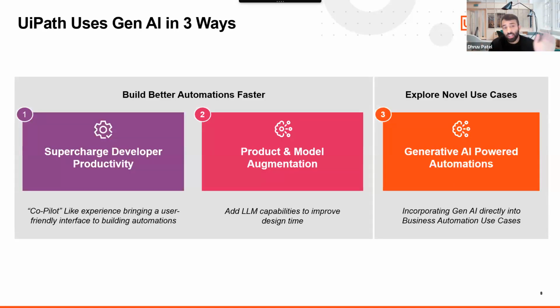So, first to level set, right? UiPath is using generative AI and AI machine learning technologies across these 3 areas. First, to really help you build automations faster, right? So you'll continue to see we've released some enhancements from a product perspective to help with supercharging your development experience, making it easier to not only build automations, but use generative AI technology and some of the latest and greatest AI machine learning models within your automations, and really adding, right, these generative AI capabilities to the products to expand